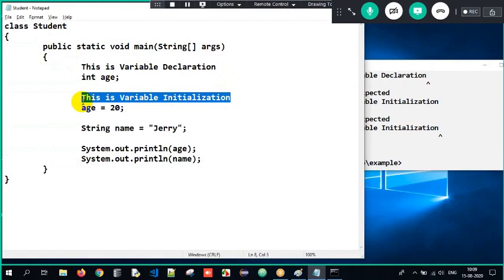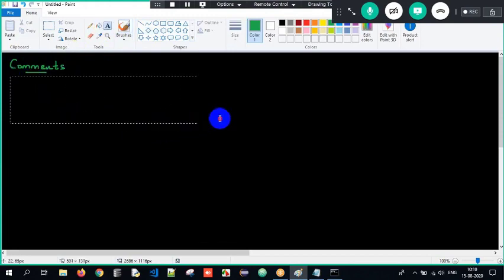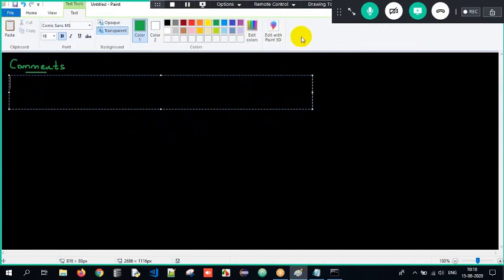Therefore, even if I want to document something, even if I want to write something in my Java program, I have to treat it as a comment. Comment is a proper noun; you can pronounce it however you want. We are supposed to talk about something called a comment here. So what is this comment here? Let me try to write it down over here. Whenever we talk about comments here, comments are additional